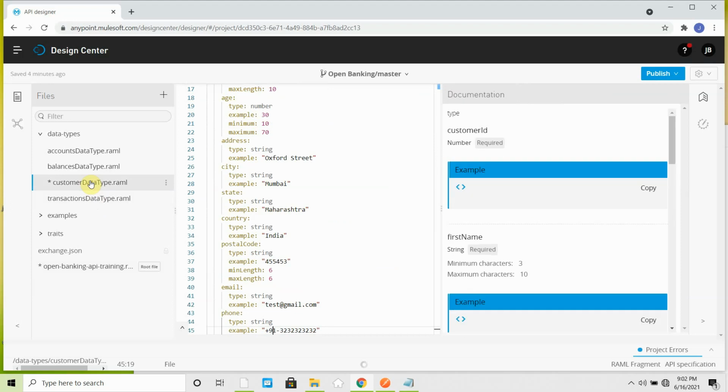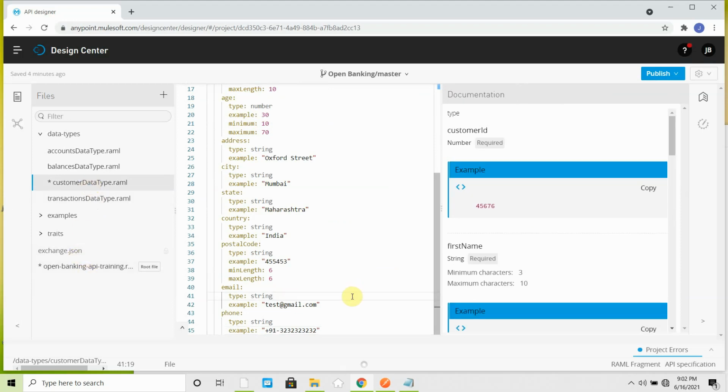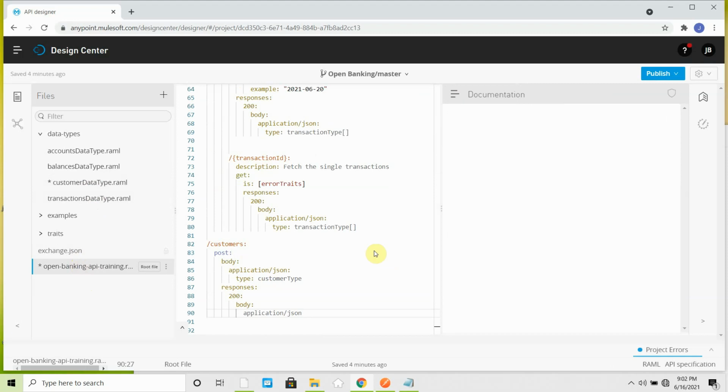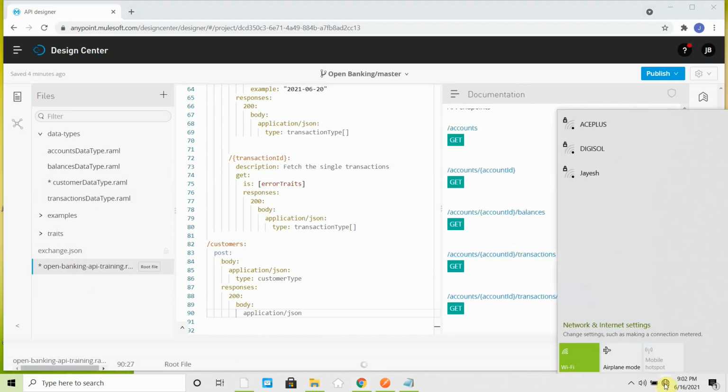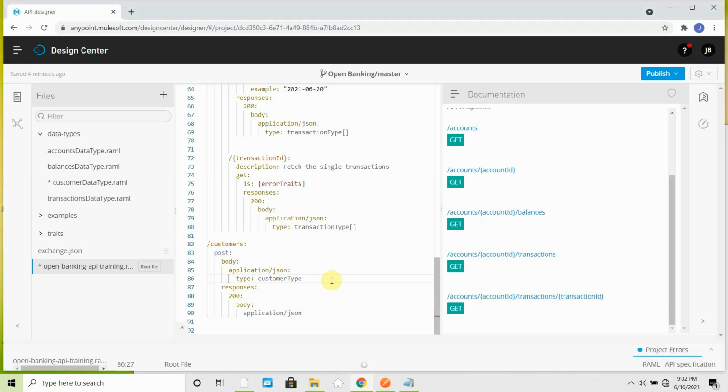It's a bit slow. Let's wait while it's saving. It's taking some time. I'm having some network issues at my end. So guys, let's wait. I am checking whether it's saving yet.